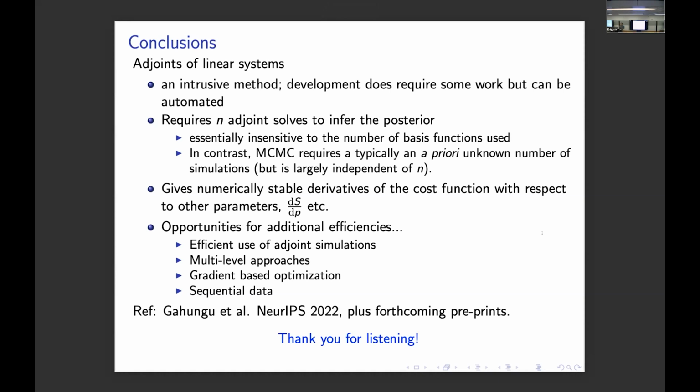Nice talk, Richard. Question about when you say you need n adjoint calculations, you're assuming you're building the Hessian exactly. You're doing it from the data side. You could do it from the parameter side, but as you argued, you have many more parameters. So in many cases, the Hessian admits a low rank approximation, and you can get away with fewer than n. It depends how much information loss there is. But your n here is the